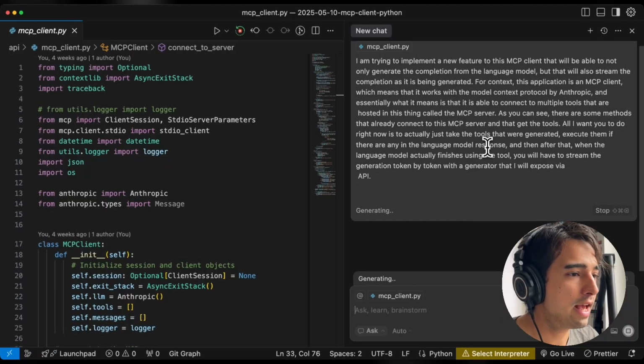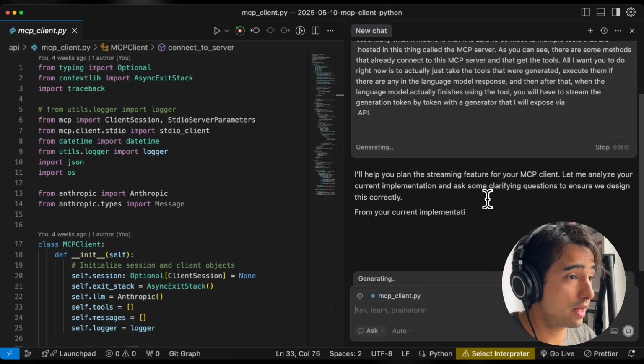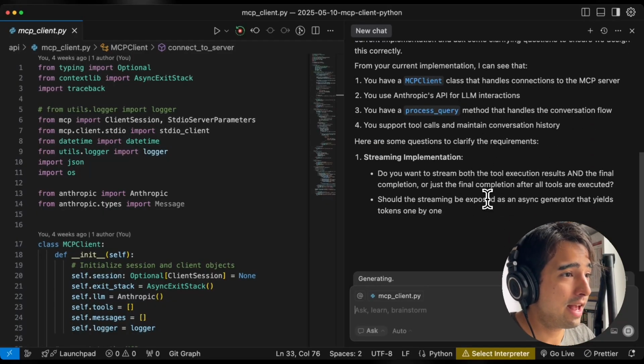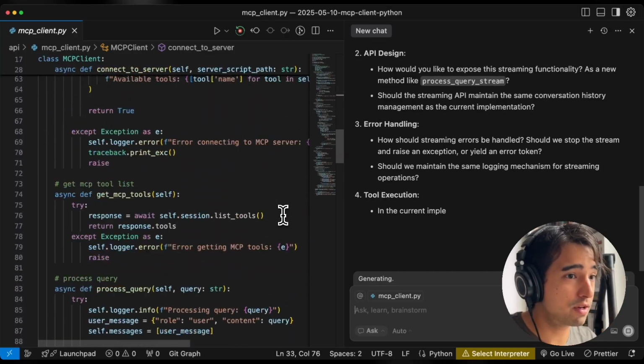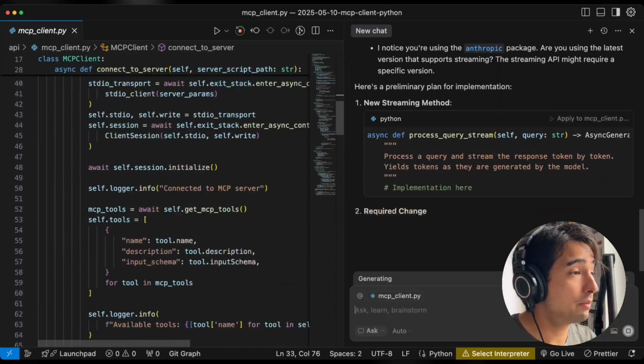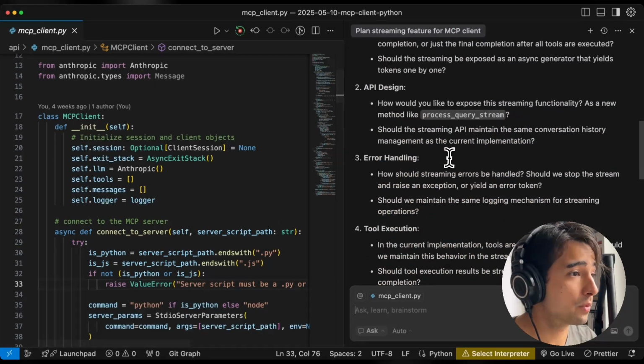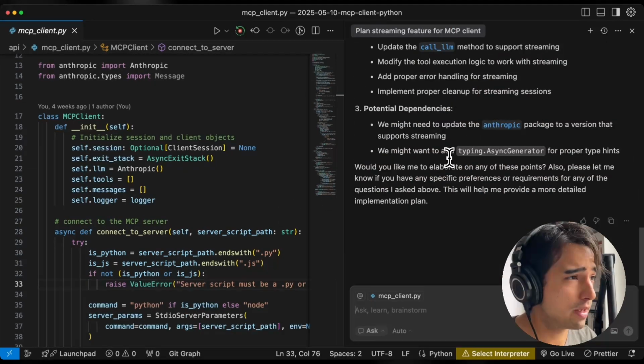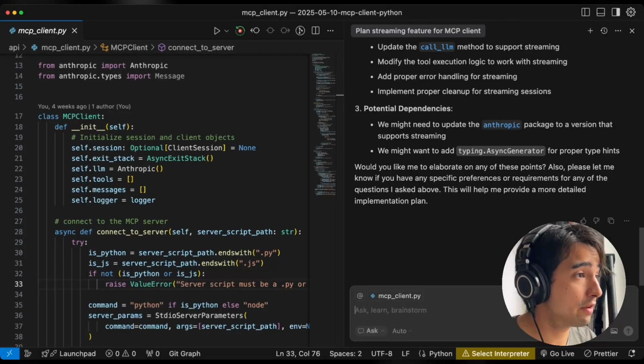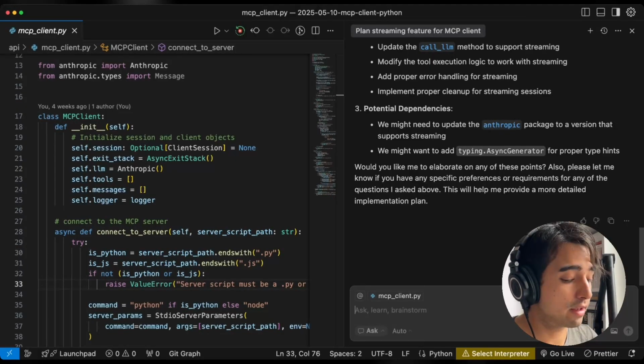I'm going to send it. And now Cursor is going to start actually thinking about the whole thing. And it's going to consider the process that I already have right here. And we can go back and forth. And right here, this is a planning stage. So we're going to be talking with Cursor. We're going to be identifying what I need to actually do, and what was actually not a good idea that I mentioned before. And then by the end, after a very long sequence of back and forth, I can just ask it,